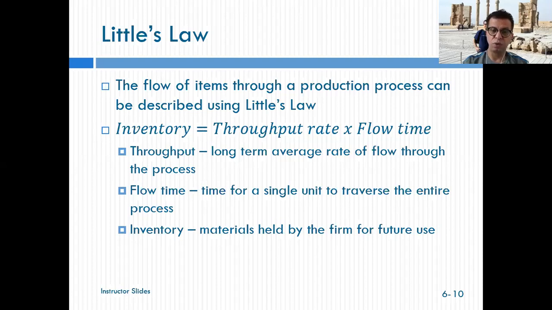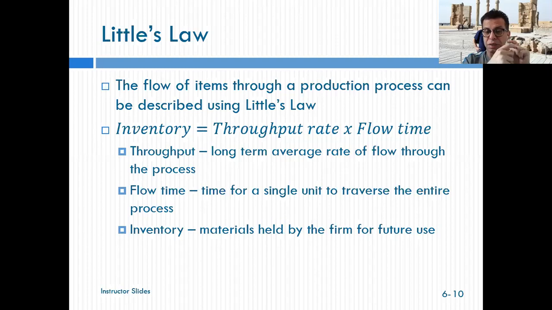Now, what's a throughput rate? It means the long-term average rate of flow through the process, so how long it takes for the production to be done. The flow time is the time for a single unit